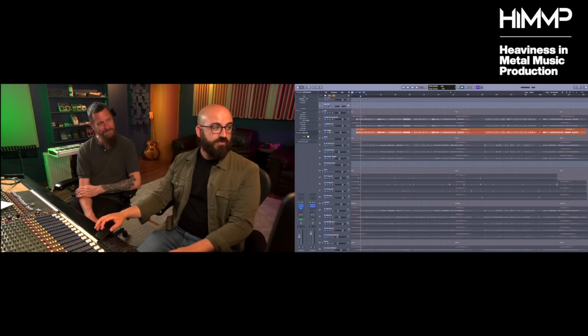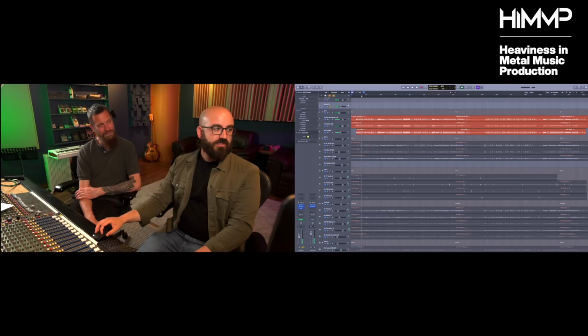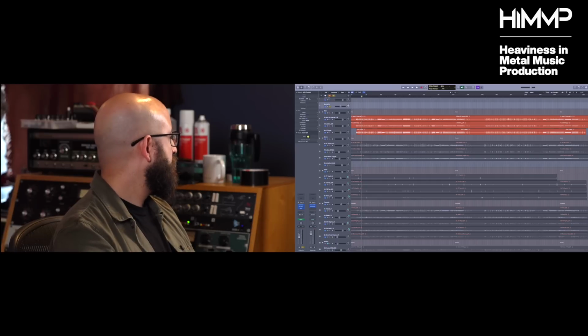And then that all summed through the VCA together sounds like this. Just based off peak level, it looks like it is marginally more sample than natural. It's probably about 60% sample.